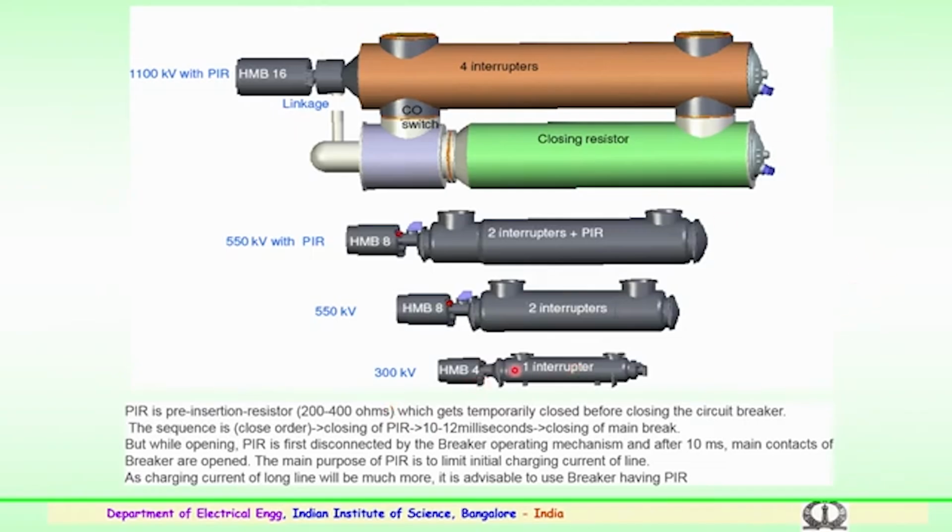You can see a 300 kV with single interrupter, a 550 kV with 2 interrupters, and a 550 kV with PIR. What is PIR is very important: pre-insertion resistors. So, why these pre-insertion resistors are used for circuit breaker, we will discuss. And this circuit breaker again is used for 1100 kV with the PIR. So, the technology has advanced, and the compactness of the breaker has also been achieved by going in with the SF6 technology. So, this PIR, pre-insertion resistor, is a very important